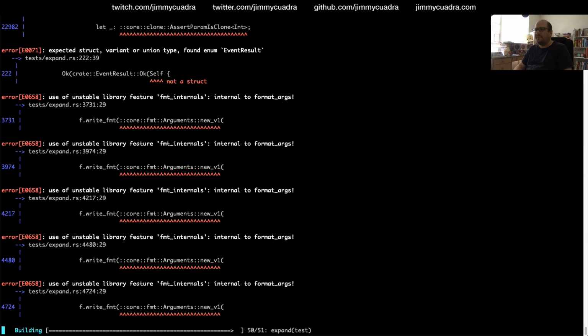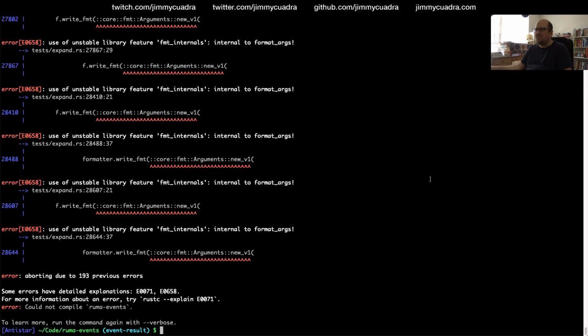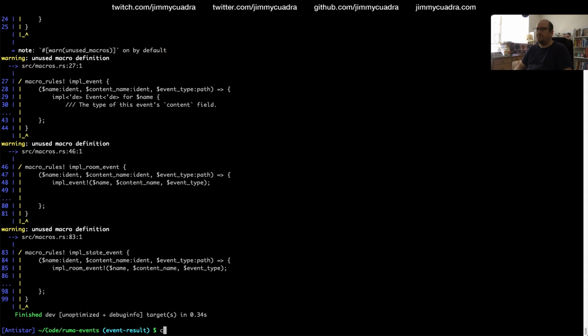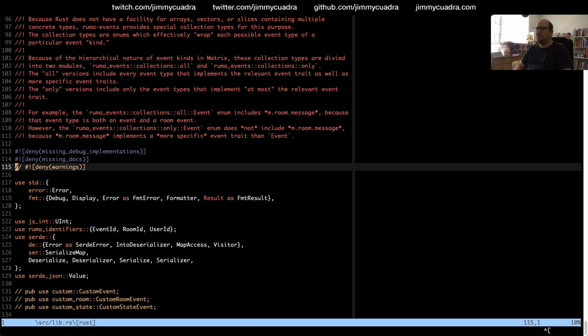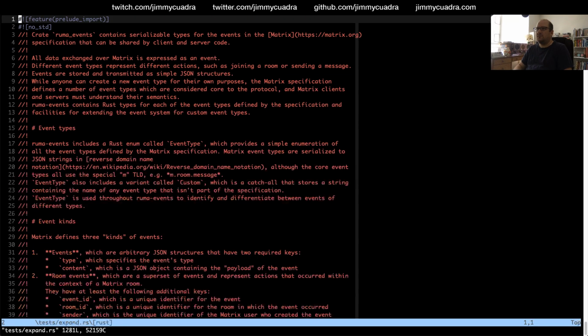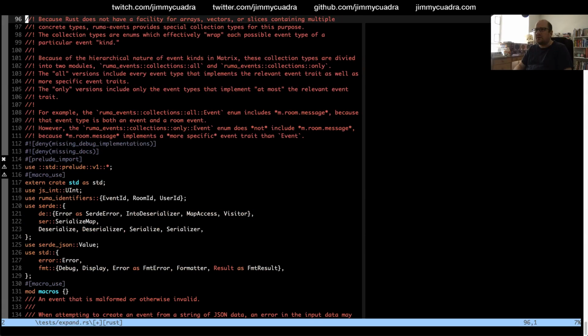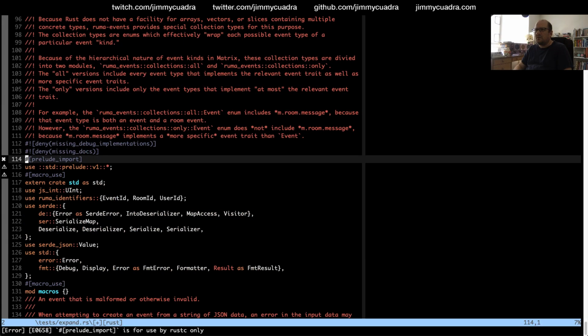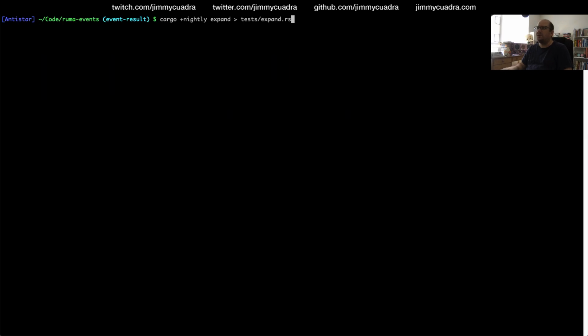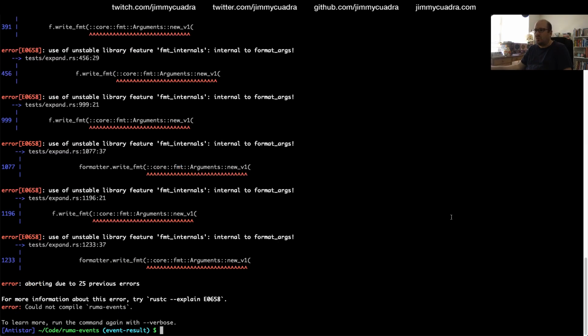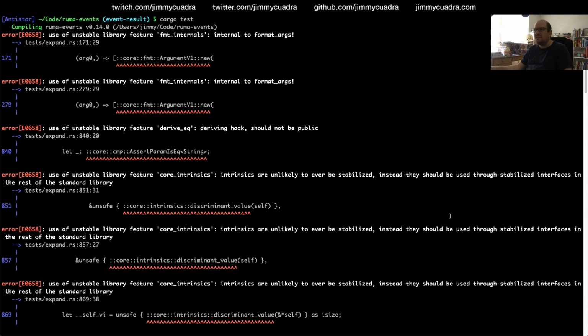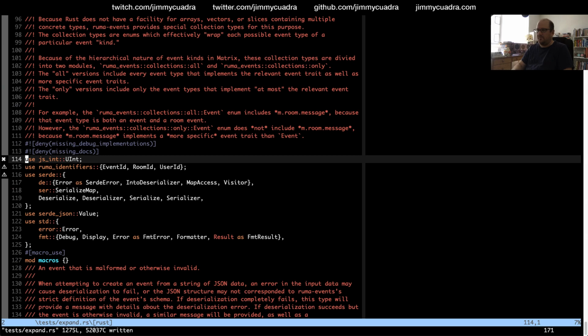Yeah. Still complaining about this, huh? Oh, I need to run cargo expand again. Right? Cargo plus nightly. Yep. Okay. Now we try again, but once again I need to remove this nonsense and remove these four lines. That's probably enough. This is really unfortunate. What? It's still complaining about this?